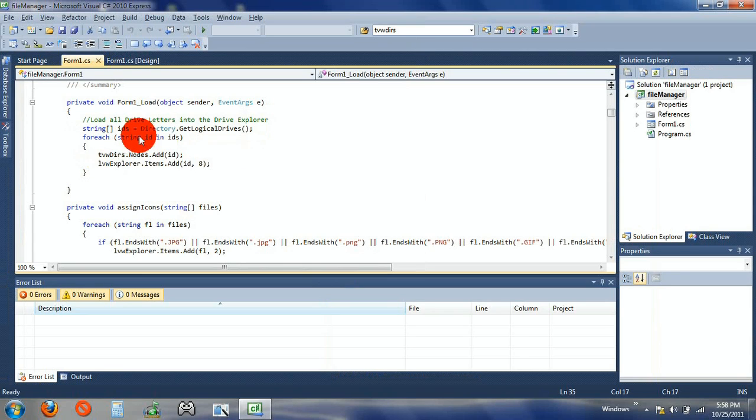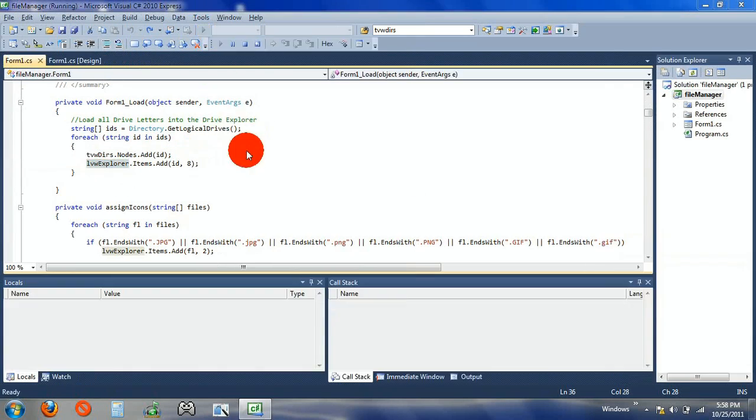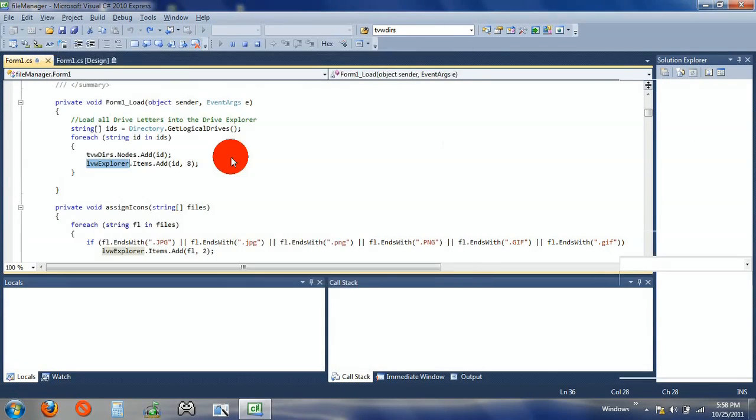That means for every single drive we do this: the Drive Explorer tree view directories.nodes.add, and we want to add ID, so we want to add the drive that we are actually on, and the ListView explorer, which is the file explorer,